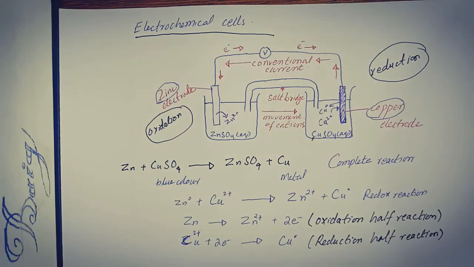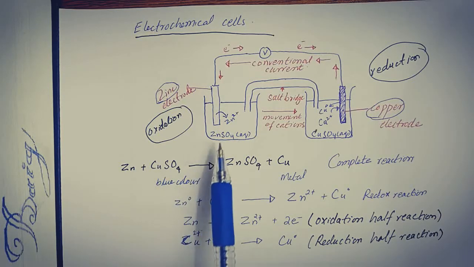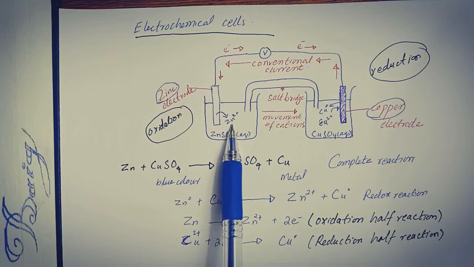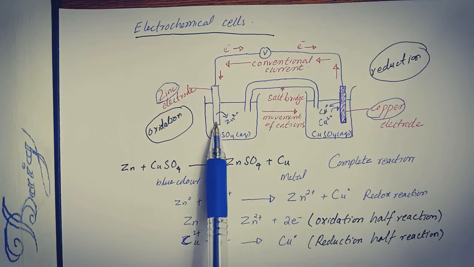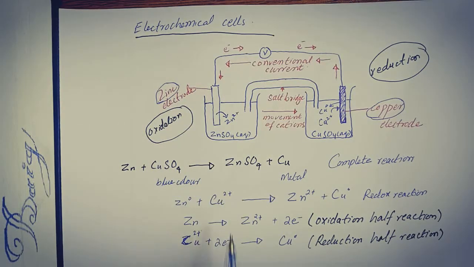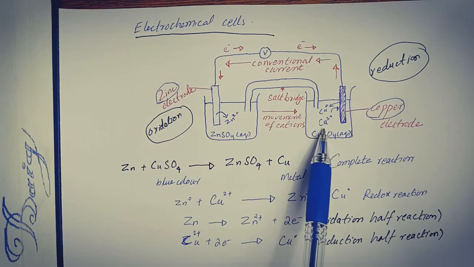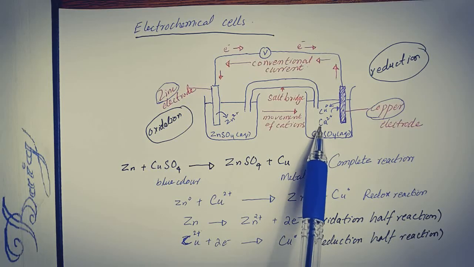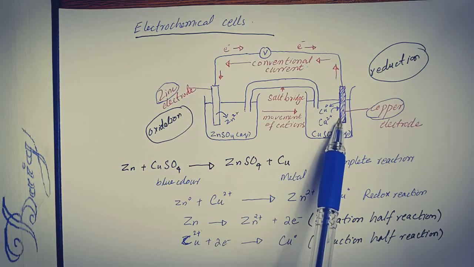In the left-hand chamber zinc ions are produced from the surface of this zinc rod as the zinc metal gives electrons to the outer circuit, whereas the copper ions present in the copper sulfate solution gain electrons at the surface of this electrode